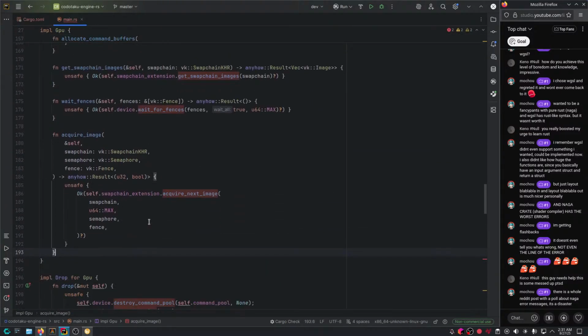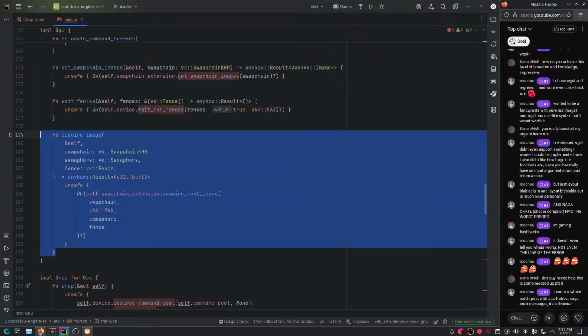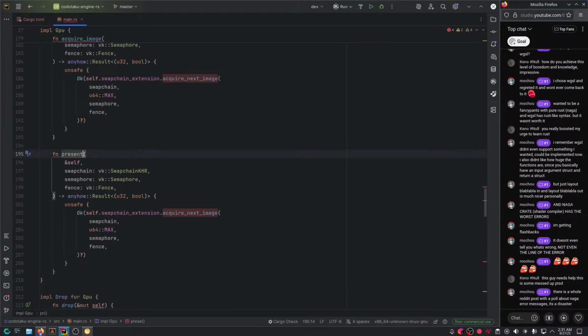And finally, well, actually not finally. We're gonna need some way more crap. We're gonna need present image. I guess maybe we could just copy this over to some degree. Present image.